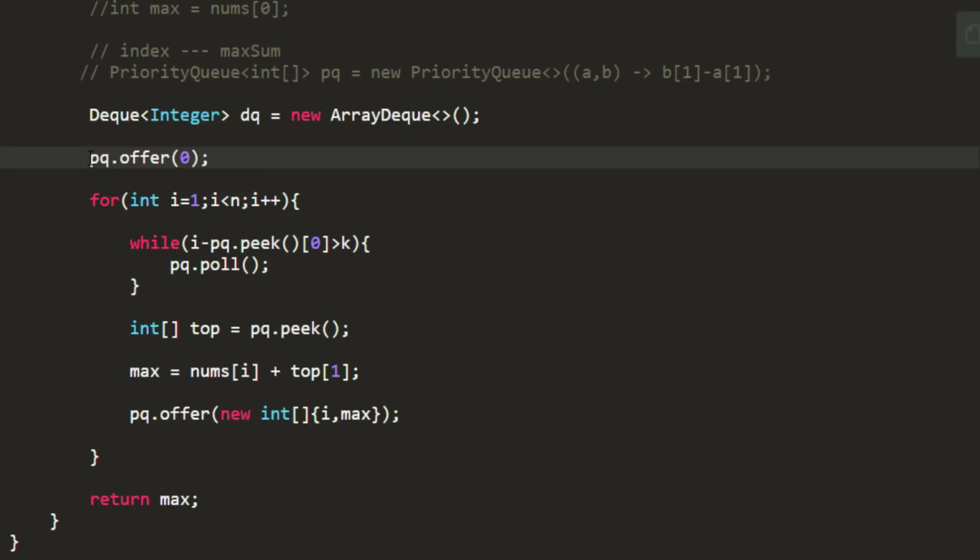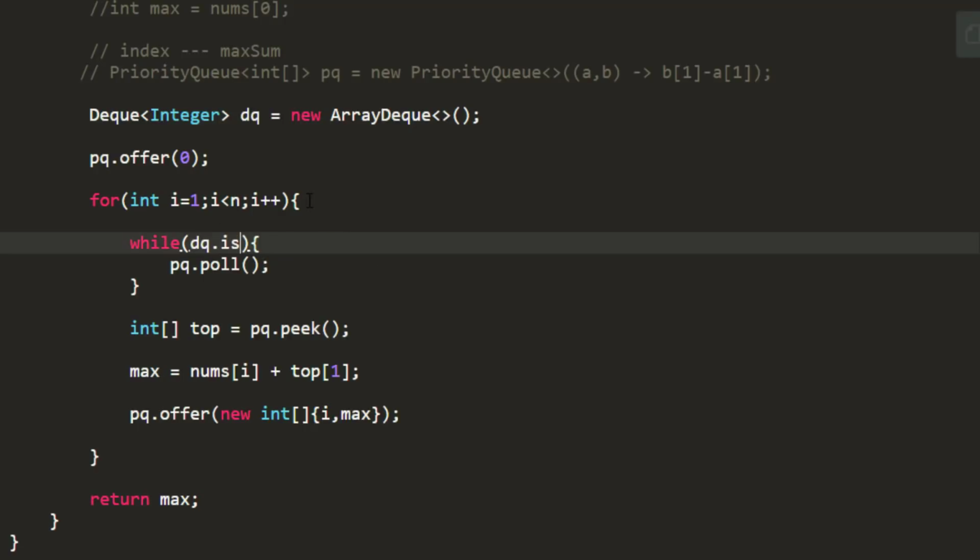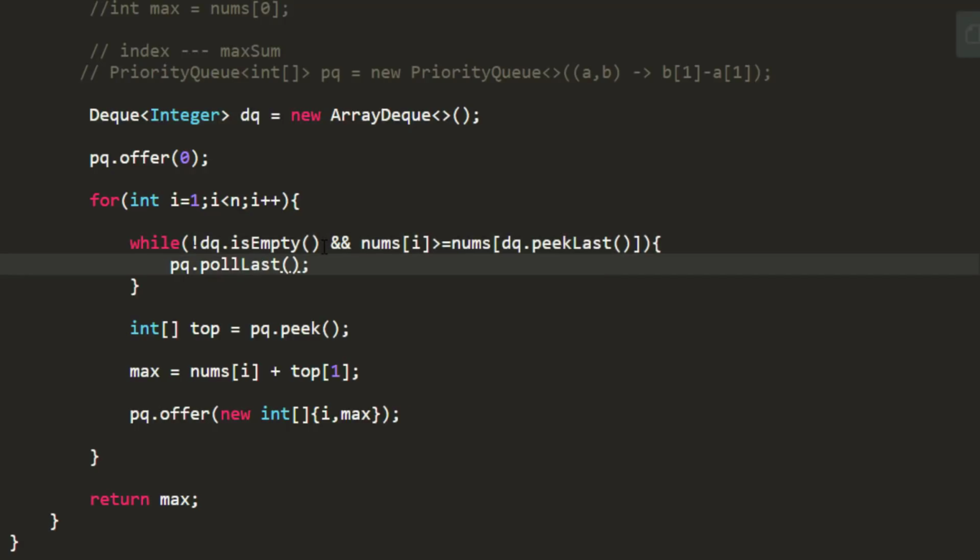So we put the index 0 as the starting point. In order to remove all the values which are less than the current sum that we have got, we can check if the queue is not empty and the current value is greater than or equal to the last value's sum, and if so, we will just poll the last value.